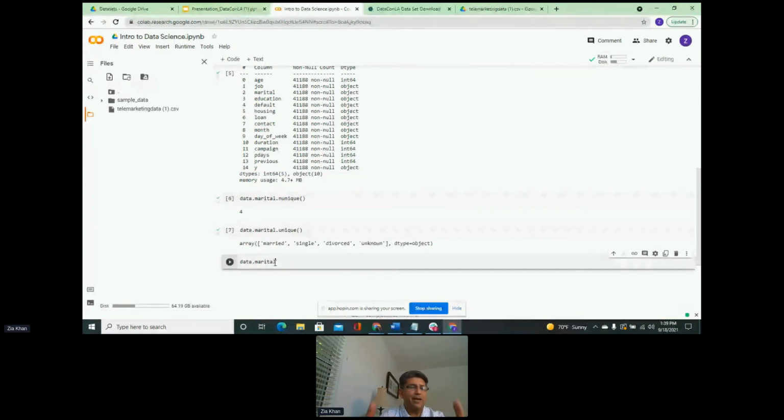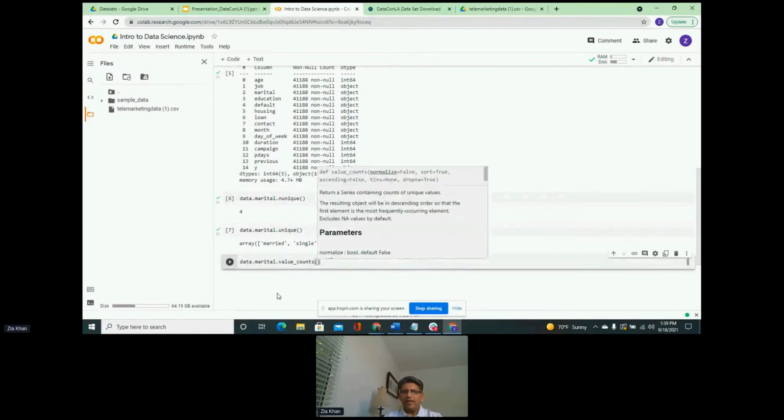Pandas makes your life very easy because it has a lot of functionality built in. So we take marital and do value_counts, a built-in function within pandas that allows us to see the frequency of each unique value.